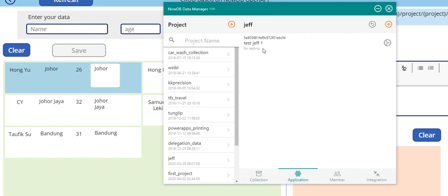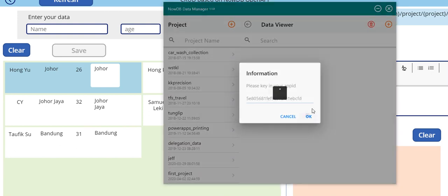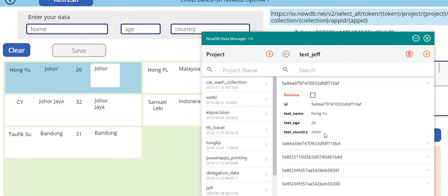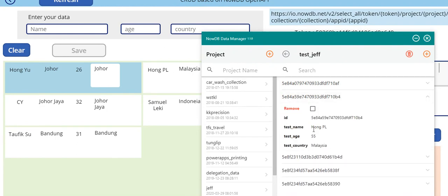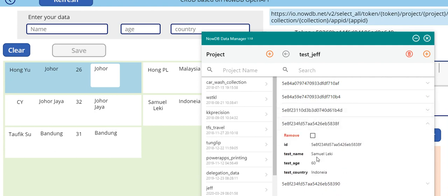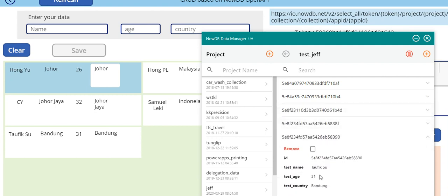This is the ID, and let's cross-check to share with you. The data is truly 5 here. You can look at the first one, Hong Yu, and the second one, CUI, Hong PL, CUI, and Semaleki, and Taufik Su. Okay, the data are here.